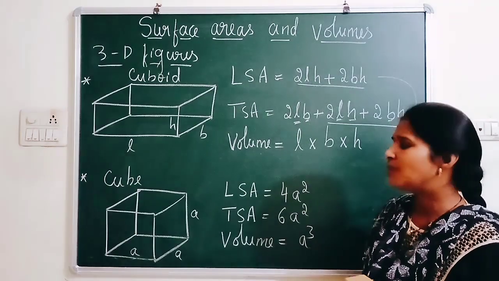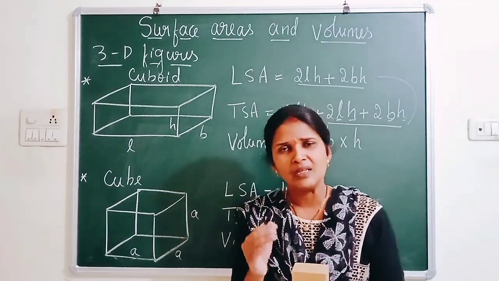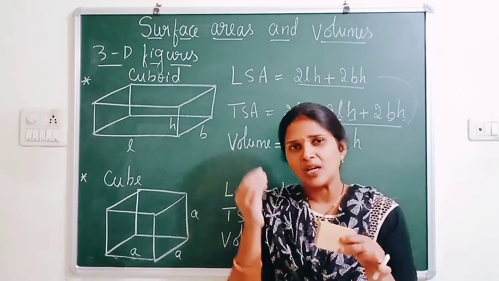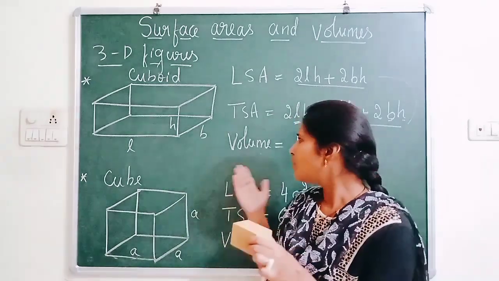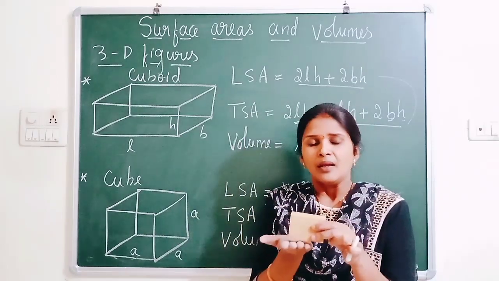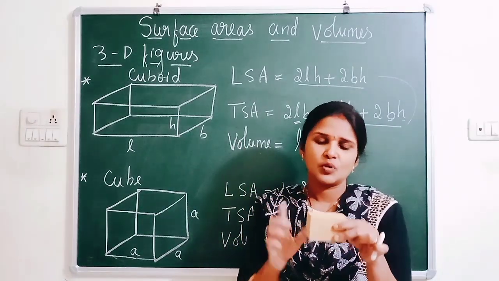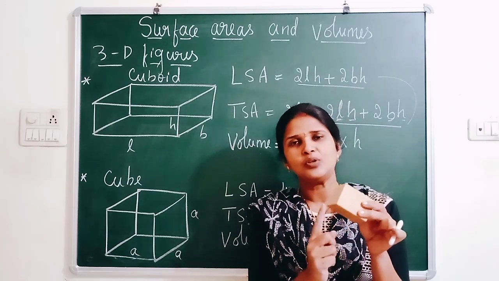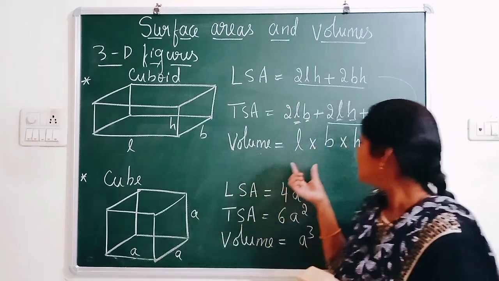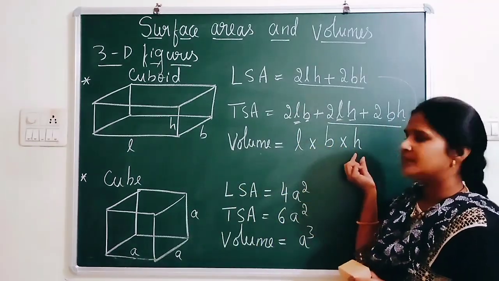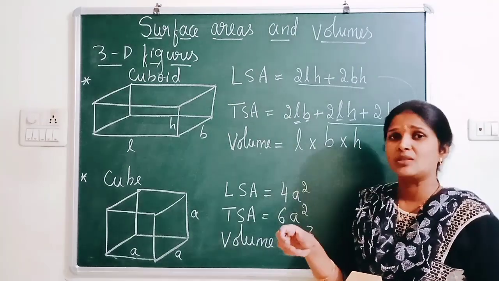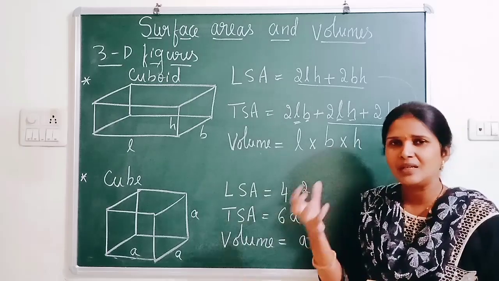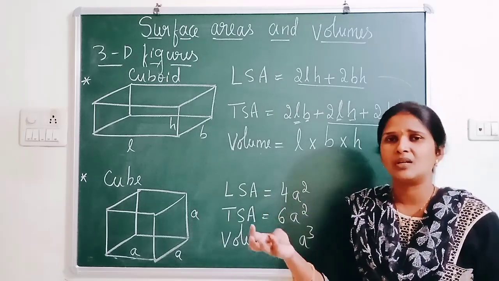For this also you can remember, for the volume of any 3D figure other than cone or sphere, you can remember one logic. The volume of these figures is nothing but the area of base into height. So what is the area of the base? The base is a rectangle. The area of the base is length into breadth and the height is H. You can see, area of base into height. So you can go with the cylinder also. Test this. You can see it matches. Volume of any 3D figure other than cone, sphere or hemisphere.